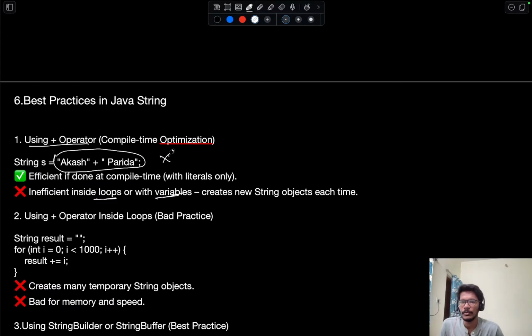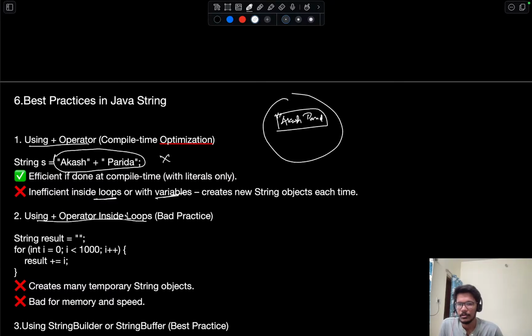Otherwise, if you are adding variables, what will happen here? In the string pool, only Akash Parida will be created. So it is efficient as we are storing it, and it is immutable, right? Immutable. But when we are using the plus operator inside a loop,